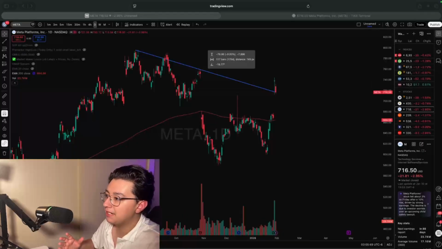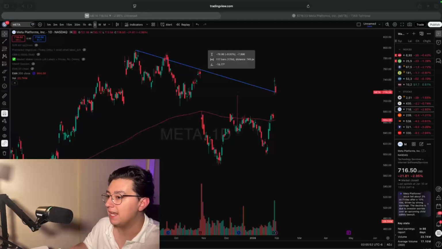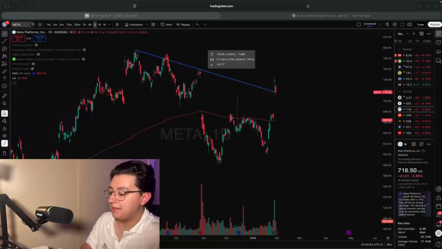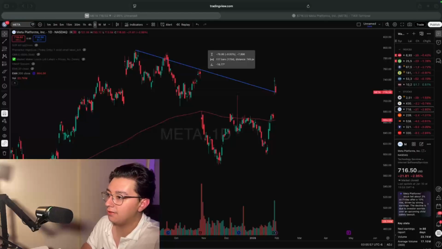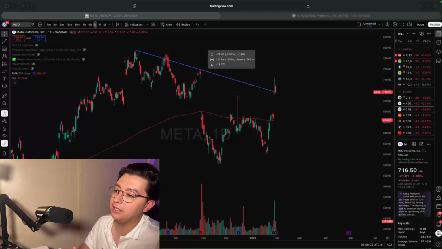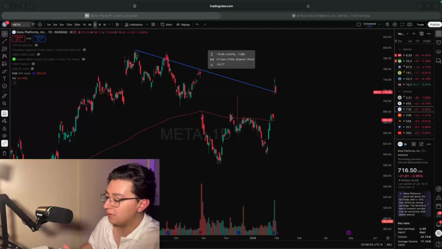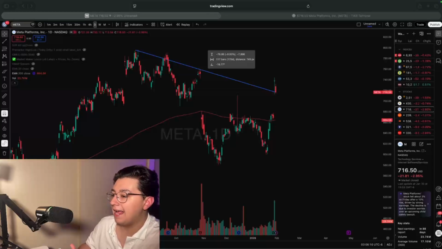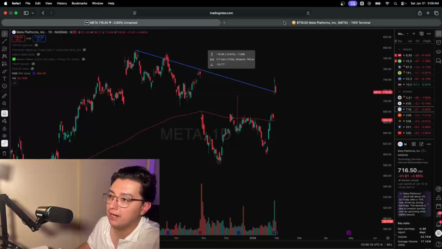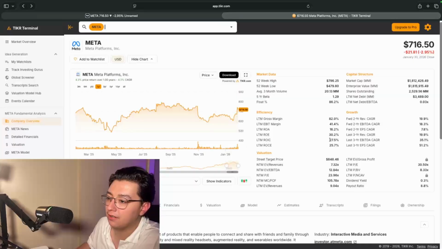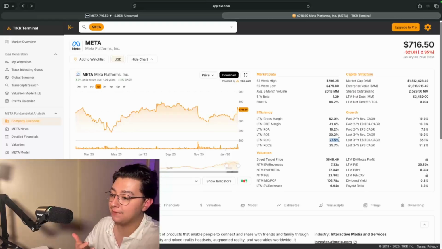Now, the last two companies which I added to my stock portfolio are Meta Platforms and Taiwan Semiconductors. And looking at Meta Platforms, its share price has fallen 9%, and this is due to the same reason of rising concerns of increasing capex. Because of course investors have uncertainty as to when these investments are going to pay off. And I find this to be a very similar case to Microsoft, because if we go to ticker and look at the ROIC, they actually have a return on invested capital of 27%. And while the market might be scared of them deploying capital, I actually want them to deploy more capital, because